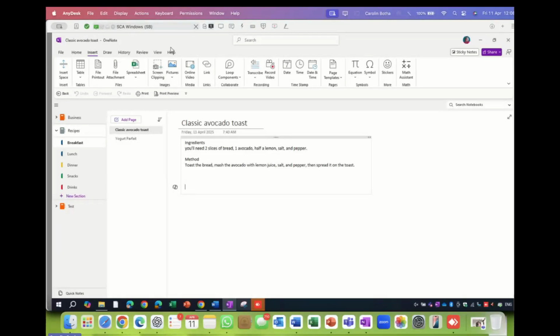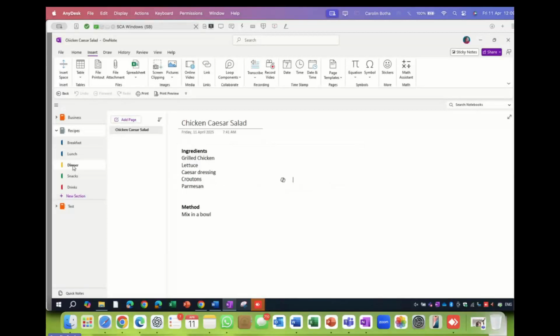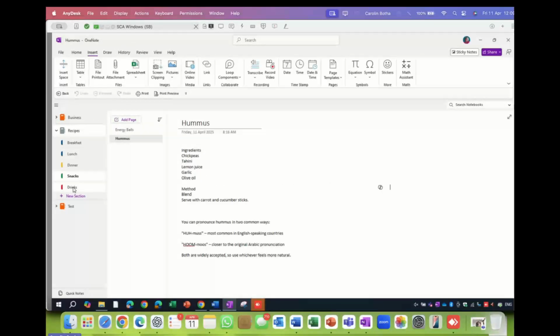It's already open, and I have one example for you. I mentioned that briefly yesterday. You can have a notebook about recipes. I started with this because we can all relate to it, I'm pretty sure. Recipes is the word recipes. That's my notebook, my book. Then I have different chapters in this book, different sections in OneNote. One is breakfast, where I can list all my breakfast recipes. One is lunch. Another section is dinner, snacks, and drinks.